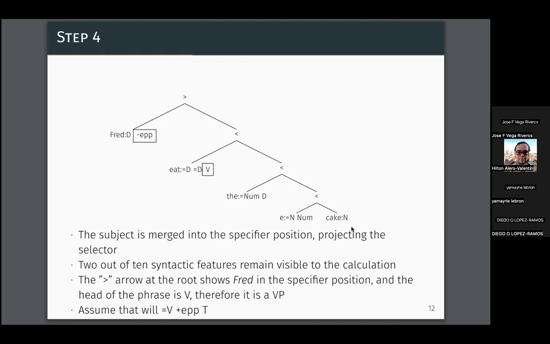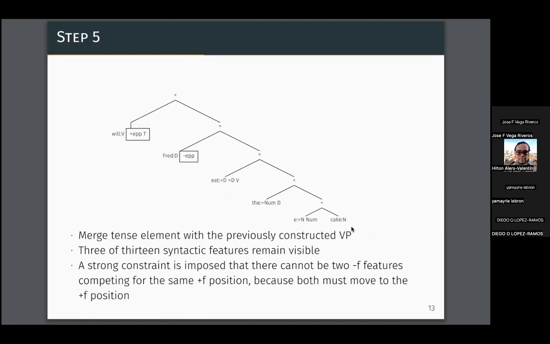So now we're going to look for something in our lexical array to fulfill this extended projection principle requirement. So we do have that. We have will. So we're going to merge will, and now we have a plus EPP and a minus EPP in our tree. Something needs to happen here. If you remember from Michael's presentation, this is, for example, the trigger. So that's going to trigger,